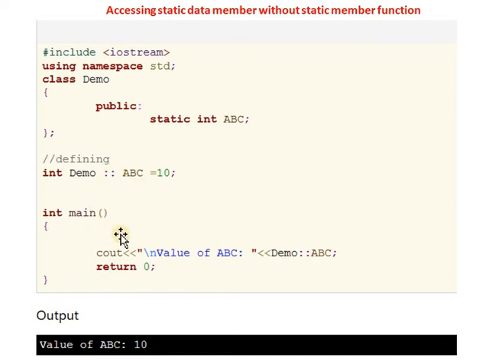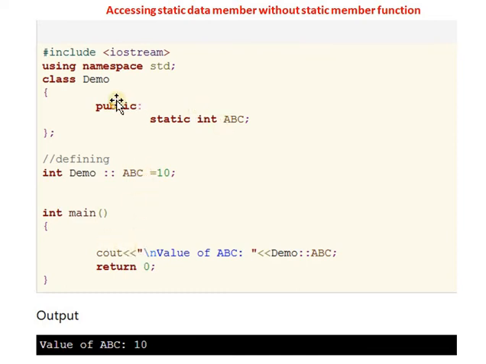Then in the main function, the static member variable's value is displayed. Here we assign the value 10, so it displays the value of ABC as 10. After executing the program, you see the message value of ABC, meaning the value of the static data member is 10, because we assigned the value 10 to the static variable.